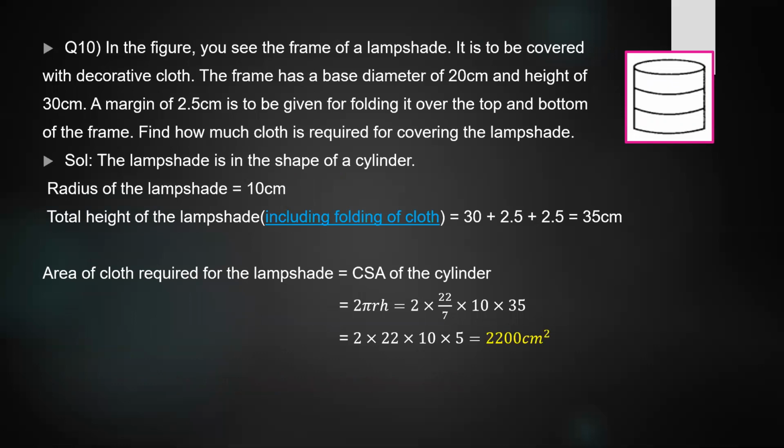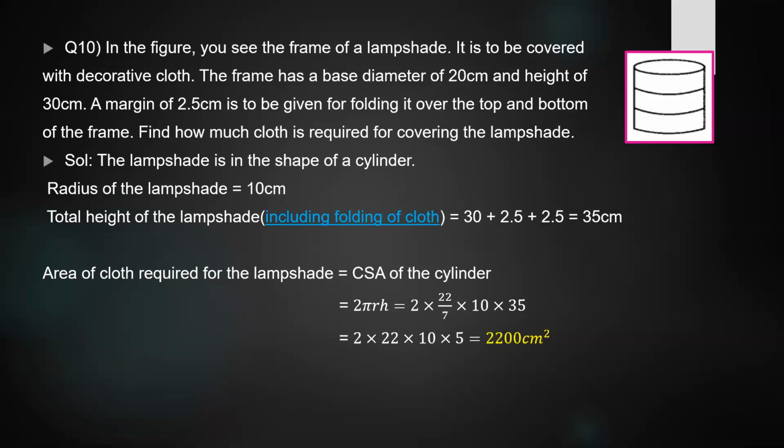Question number 10. In the figure, you see the frame of a lampshade. It is to be covered with decorative cloth. The frame has a base diameter of 20 centimeters and height of 30 centimeters. A margin of 2.5 centimeters is to be given for folding it over the top and bottom of the frame. Find how much cloth is required